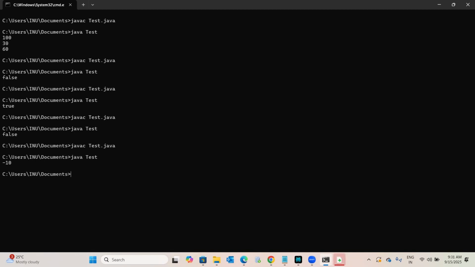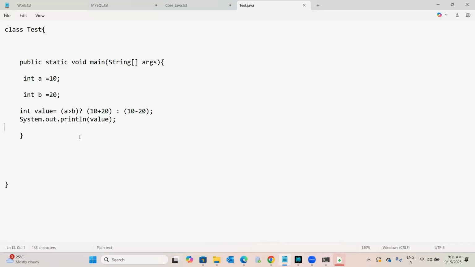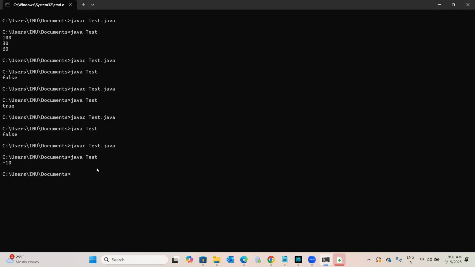Minus 10. Why minus 10? Whenever the condition is false, the value after the colon, the right side value, is printed. Suppose it is less than. So what is the condition? If the condition is true, then the value after the question mark is printed. See, if you see here, 30. So this is called